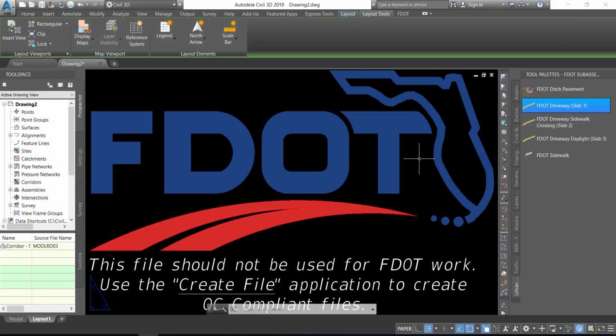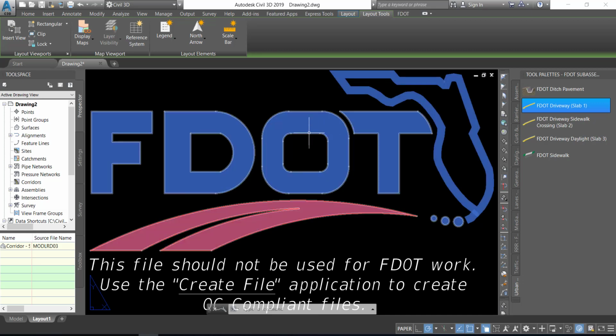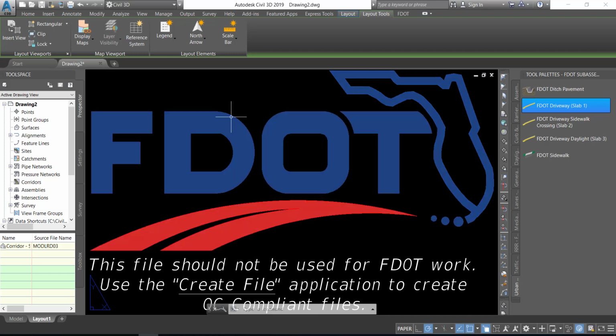Exercise 7.1. Create the MOD LRD04 file. In this exercise, you will create the MOD LRD04 file that is used to create a driveway corridor model using the FDOT driveway block. From the Select File dialog box, go to the Application pull-down menu, choose Open,